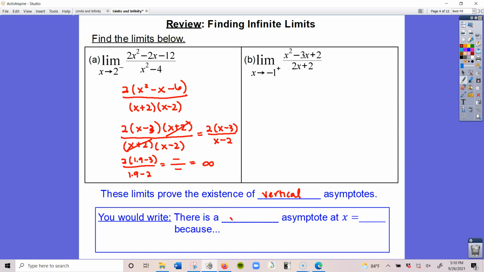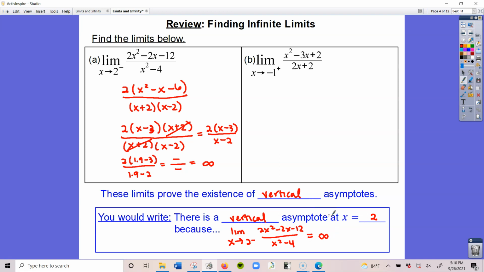So we would say there is a vertical asymptote at x is equal to 2. And the reason would be because the limit as x is approaching 2, in this case from the left,